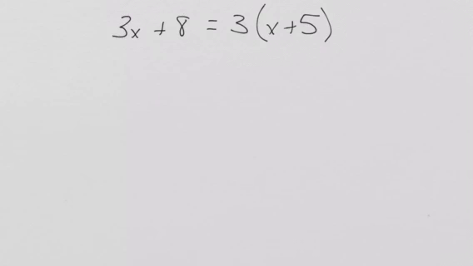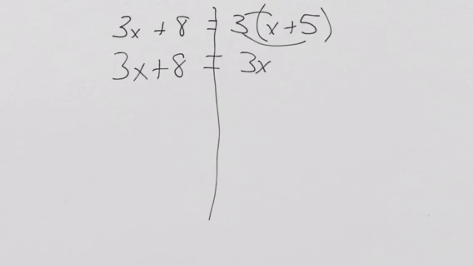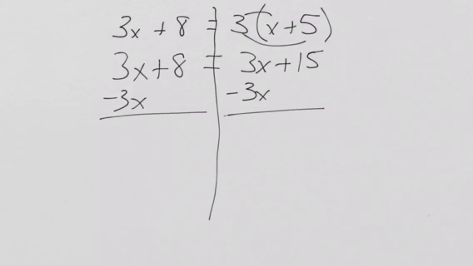All right, let's work this one first. We know we want to clear our parentheses. In this case, we get 3x plus 15 when we distribute the 3. Now, let's try to maybe isolate our variables this time by moving our variables to the left. So I'm going to subtract 3x from both sides. And something very strange happens. In this case, I get 8 equals 15. I know that 8 is not equal to 15. So there is no solution